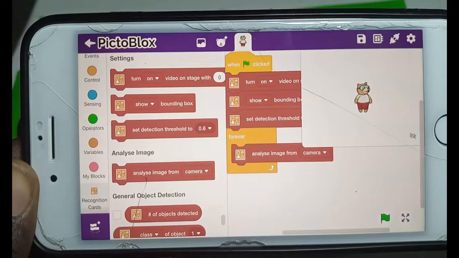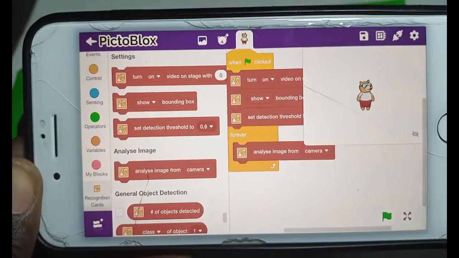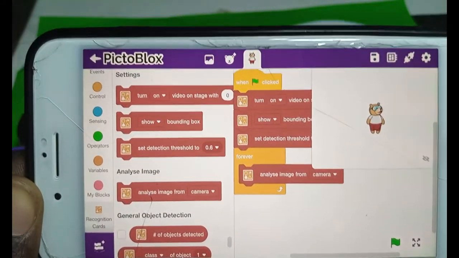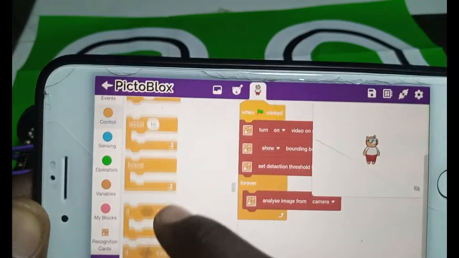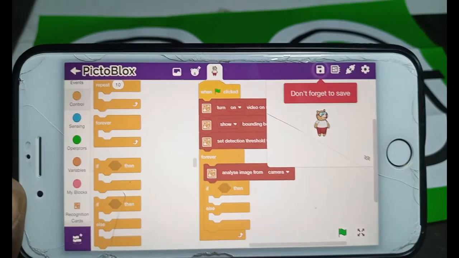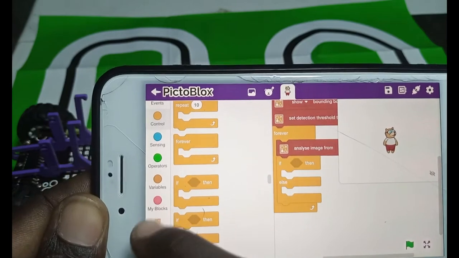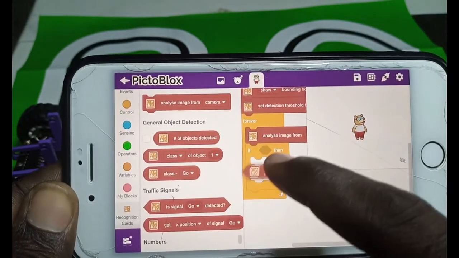So once we have that, we will make use of our conditions to set our actions. So we are going to the control block. We use if then else. Let's scroll it up a bit. So what we will see is that if the goal is detected,